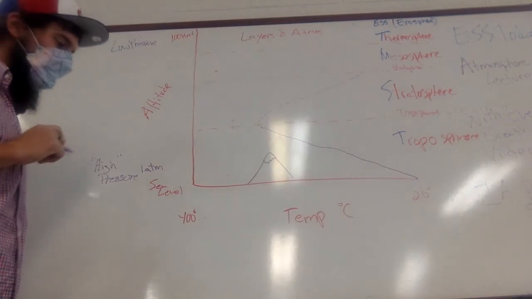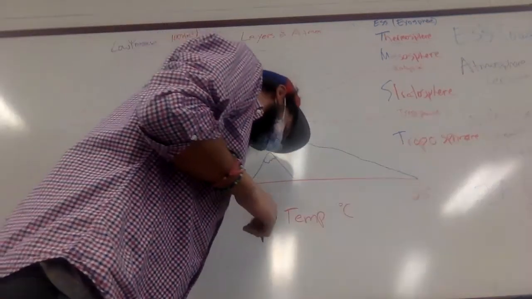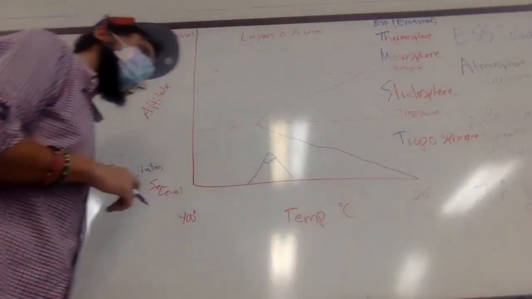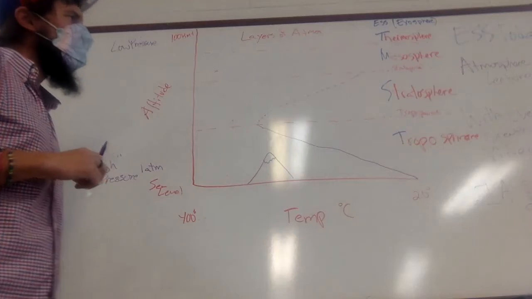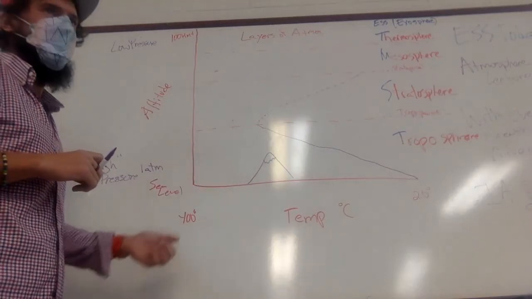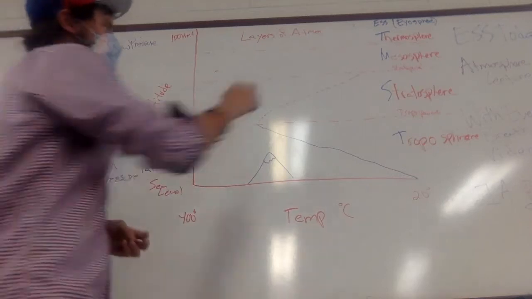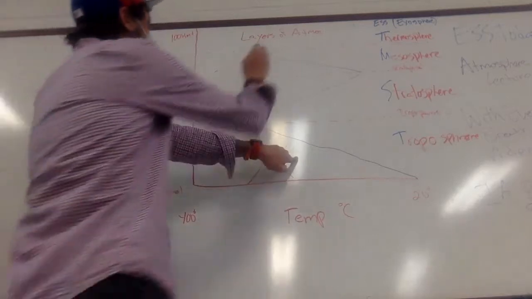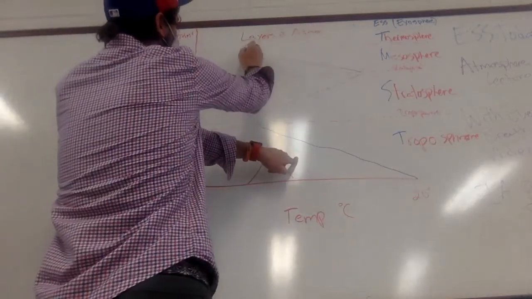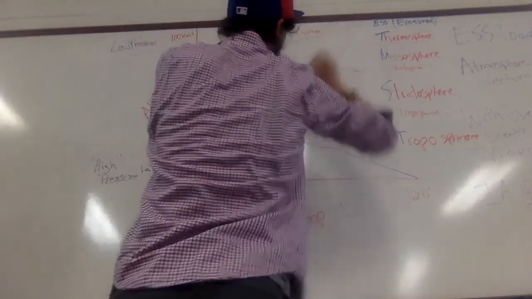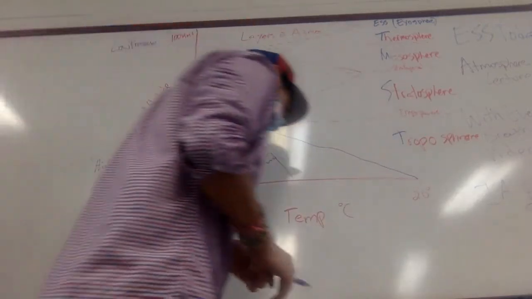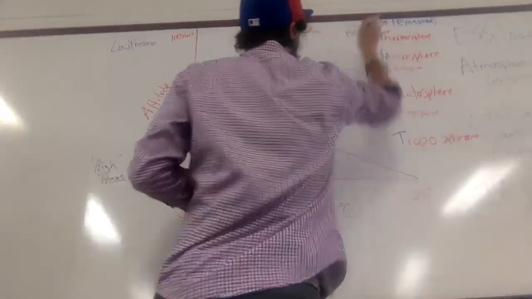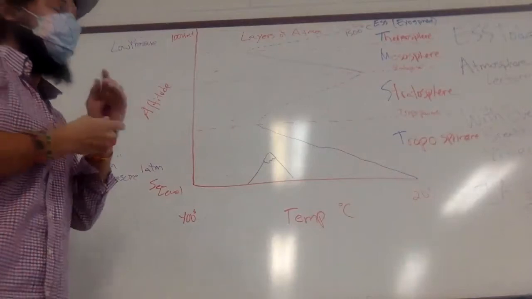Does it go back again? It does. So that's why we start from the bottom, because this is the most intuitive for us. And then once again in the thermosphere, this is where the name thermosphere comes from. It gets hotter and hotter and hotter, to something like 1500 degrees Celsius.